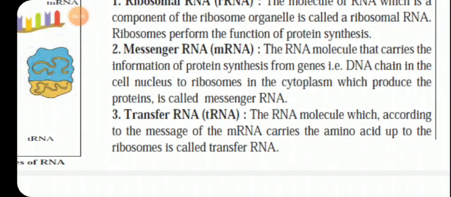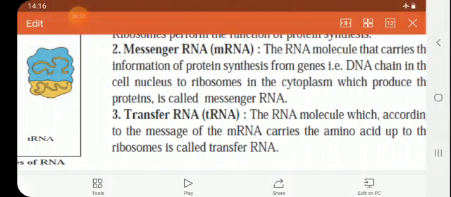This is all about RNA, ribonucleic acid. Now I think you are clear about the RNA and the DNA. You are clear how characters are passed from parents to the offspring. You know that the transfer of hereditary character occurs from parents to the offspring. But parents are two, mother and father. So who is dominant, who is passing more characters, or how is it passed?